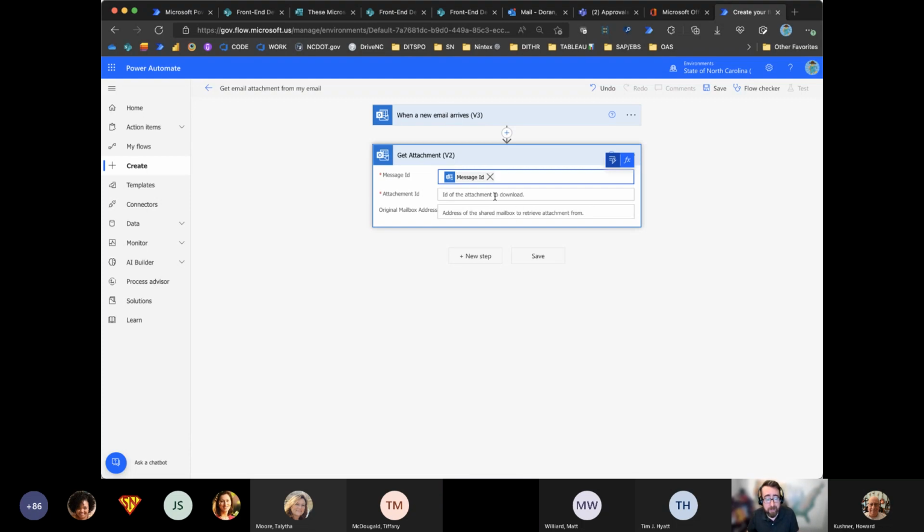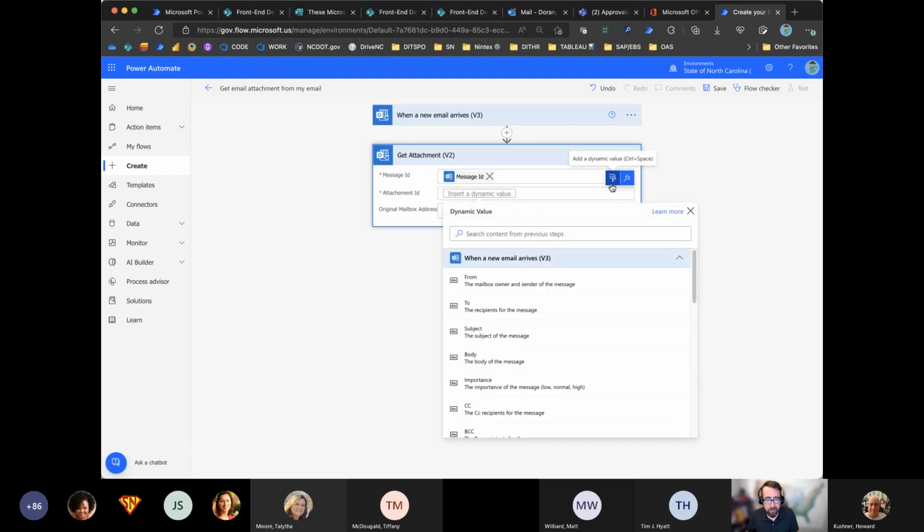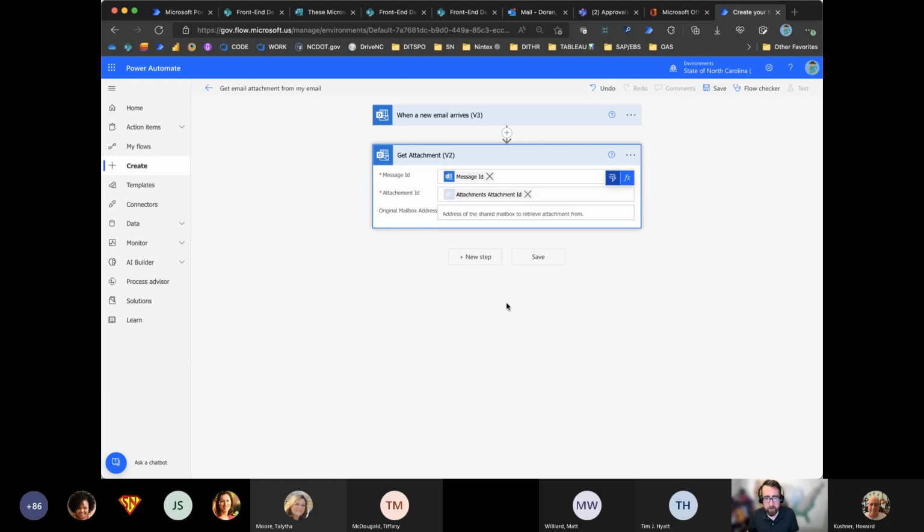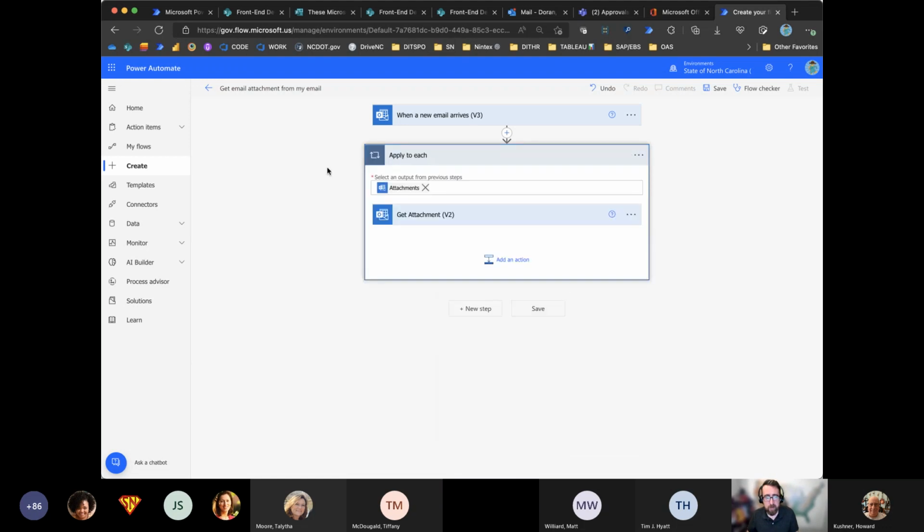And now it's asking for the attachments ID. Same thing, I'm going to say get the attachments from the email. Now something different happened with this one. I said, wait for my email to get here, grab those attachments.